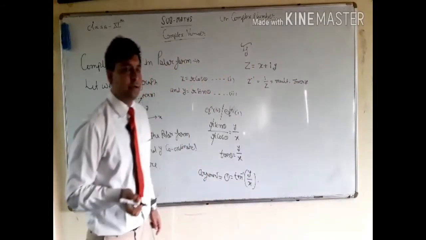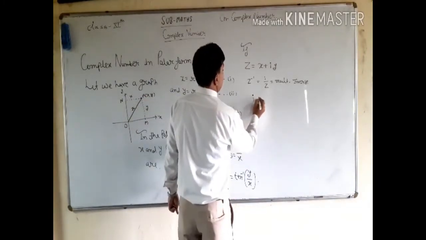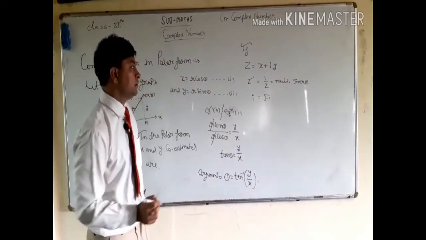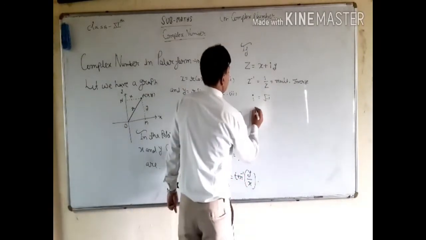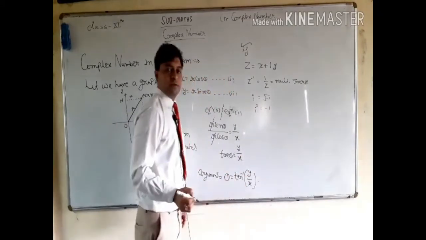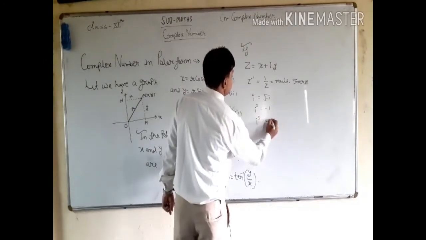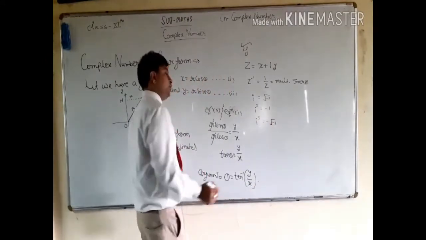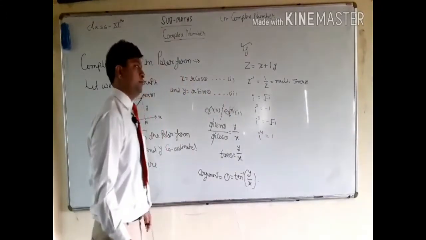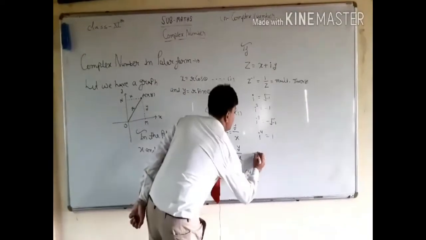And we know that its value of iota is equal to under root minus 1, iota square equal to minus 1, iota cube equal to minus root minus 1, iota power 4 is equal to 1,